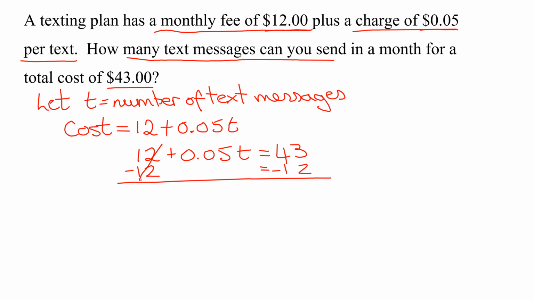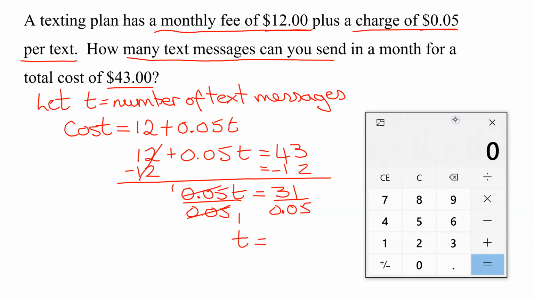So 12 minus 12 is 0, so I have 0.05T equals 43 minus 12, which is 31. And now to get T by itself, all I have to do is divide both sides by 0.05. These reduce on the left, just leaving me with T equals, let me get my calculator out real quickly, 31 divided by 0.05 equals